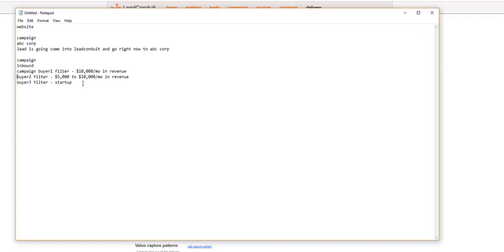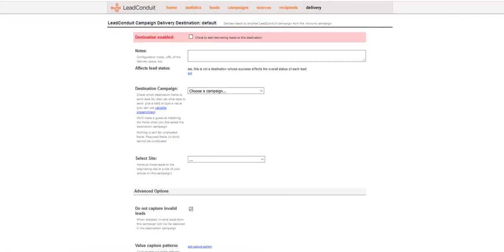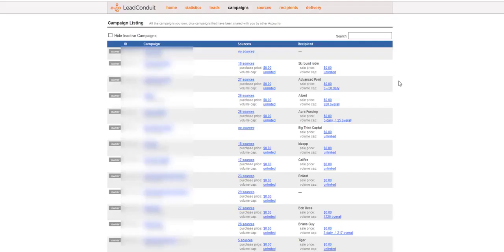I mean, each buyer, now you go in here and you create a separate campaign for each one. That means you go to campaigns, new campaign, and you call it buyer 1. Campaign, new campaign, buyer 2, buyer 3, and you set it all up. Now you can copy a campaign. So in your campaign list, there is going to be a button that allows you to copy a campaign. So if you already have a campaign done, you already did all the work, and you kind of want to do it all over again,